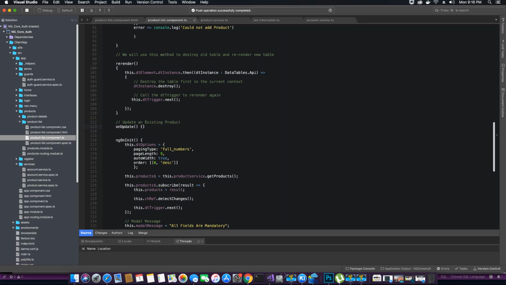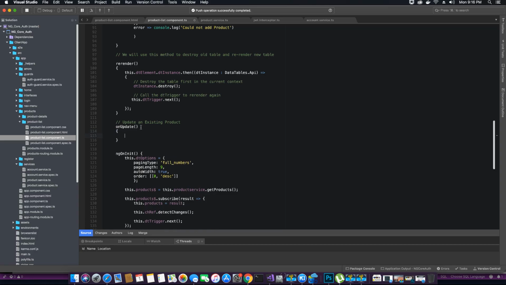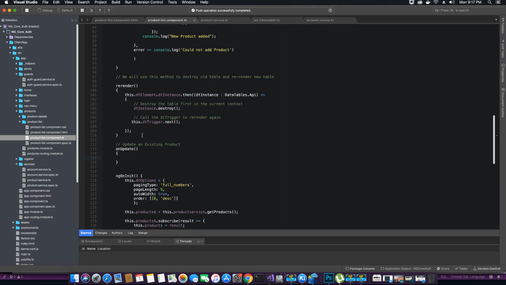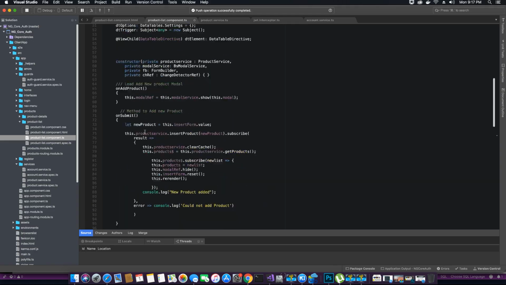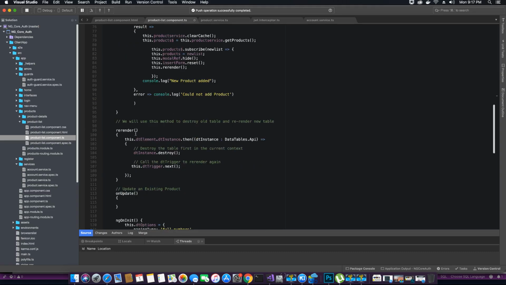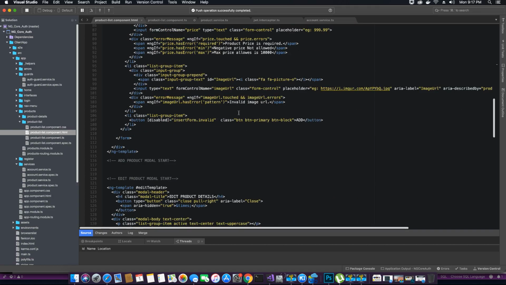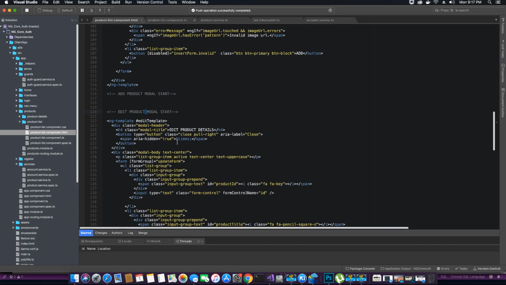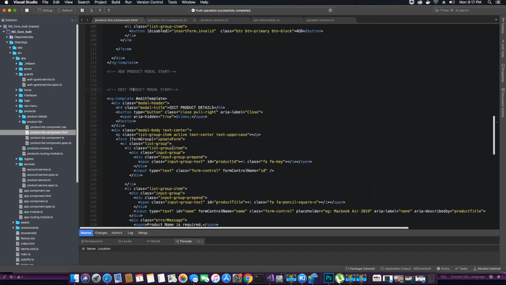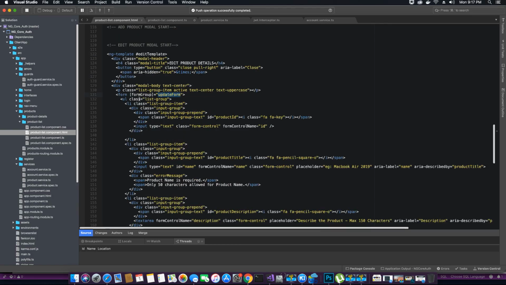So inside the onUpdate method, the first thing we want to do is get the updated values of the product from the update form. As you know, in the add product, we got the values from the insert form. Similarly, we will get the values of the update product properties from the model that contains the update form. Here inside the edit template, we have a model which contains a form, and the form's ID is